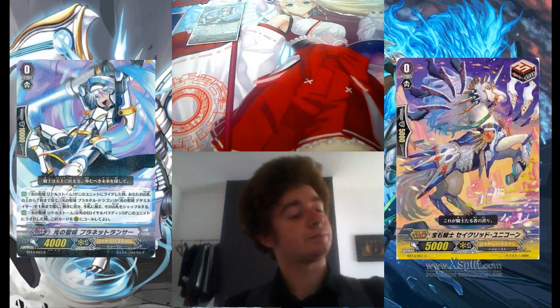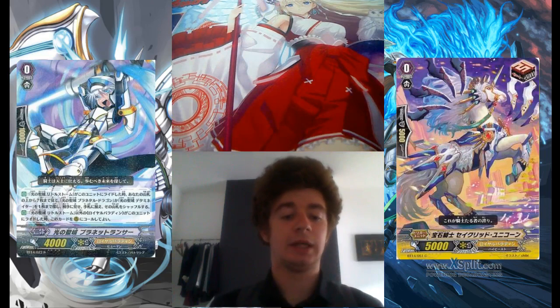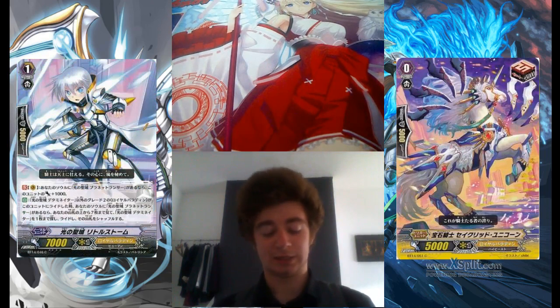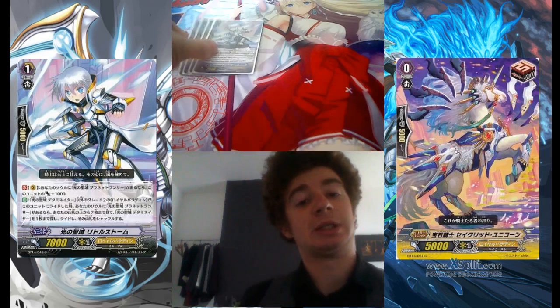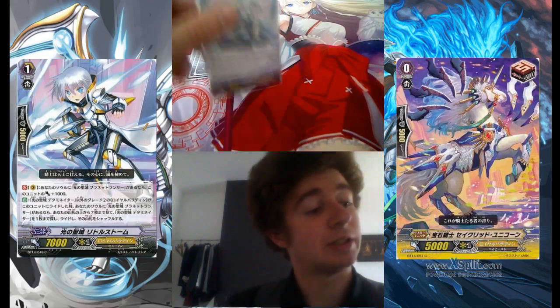Okay, onto the grade 1s. Right, we have the ride chain, obviously, which is Sanctuary of Light Little Storm. This card is incredibly good. As I said, it's got the ability where